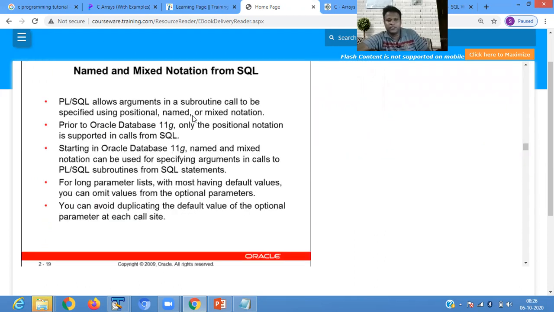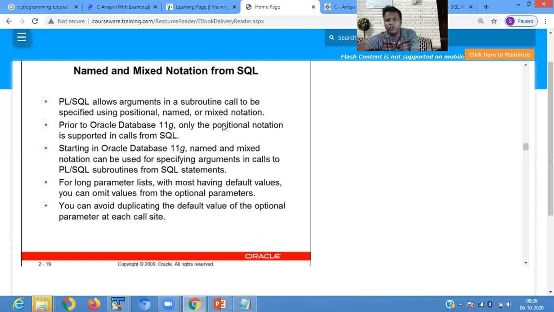The named and mixed notation from SQL: PL/SQL allows the arguments in a subroutine call to be specified using positional, named, and mixed notation.